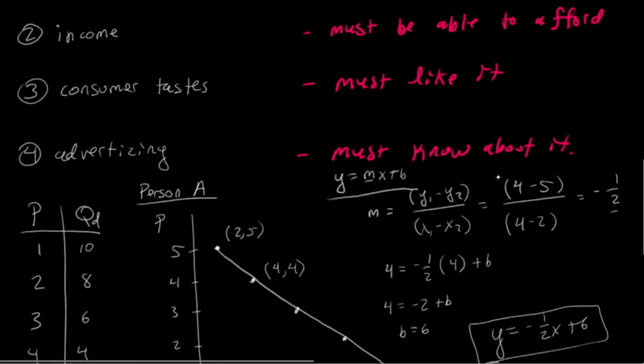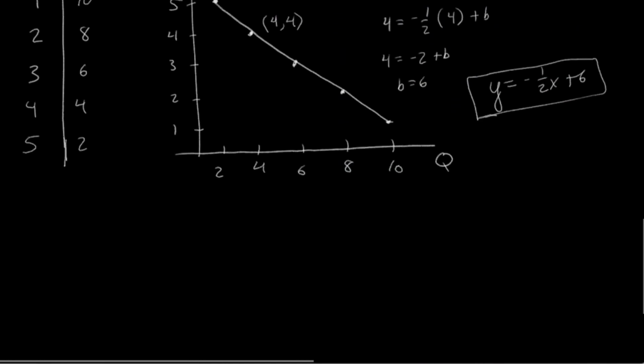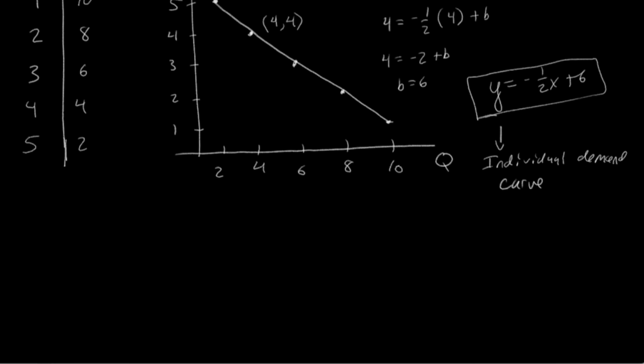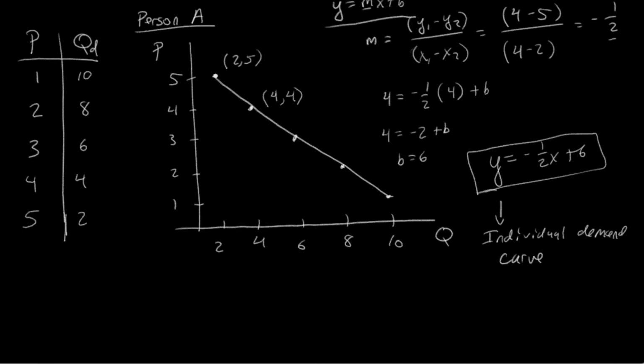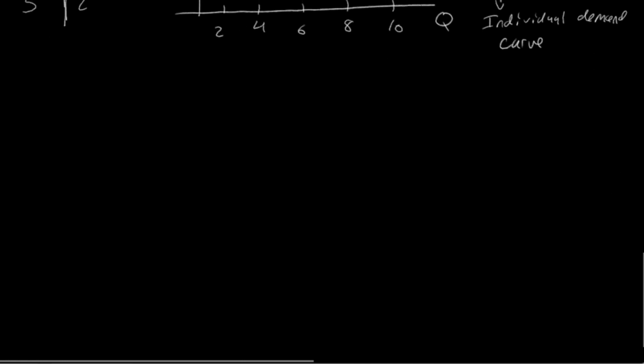Now note this is an individual demand curve. The reason this is an individual demand curve is because it's only taking data from one person in the market. We can also take a demand curve of another person in the market. So if person B had these data points,